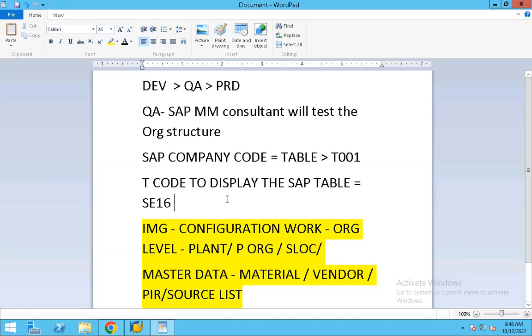After copying, we also changed the address, because the address also got copied from the existing company code 0001. With this, we also learned what the table of the company code is which is updated with this new company code R001. So guys, can anyone please tell what is the table name?